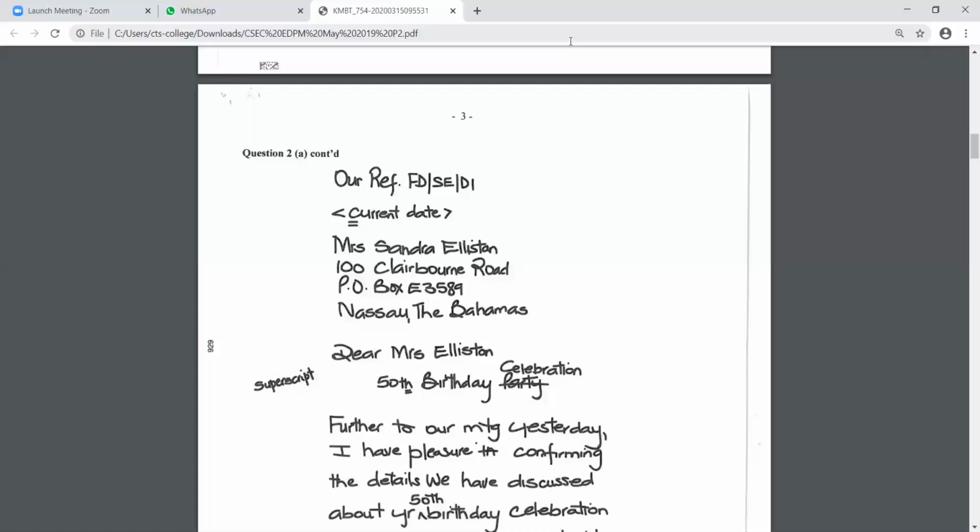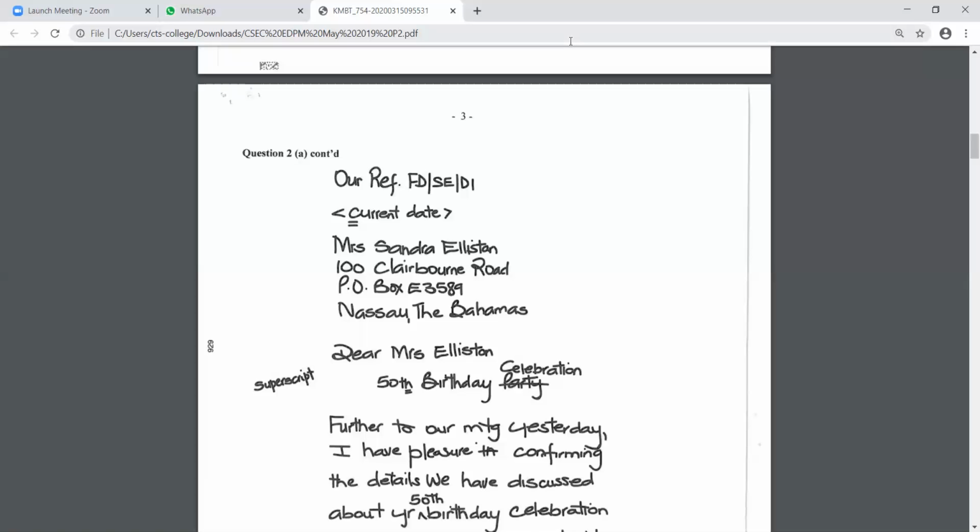I'm going to reiterate this for some of us, because I noticed, and I had mentioned it before, in the midterm paper, when I gave a question like this, when people typed "further to our", something goes there. What is that short form for? Further to our what? MTG. What do you think that abbreviation is for? Meeting. Very good. Wow, that's smart. Thank you. Okay, guys, let's move on.